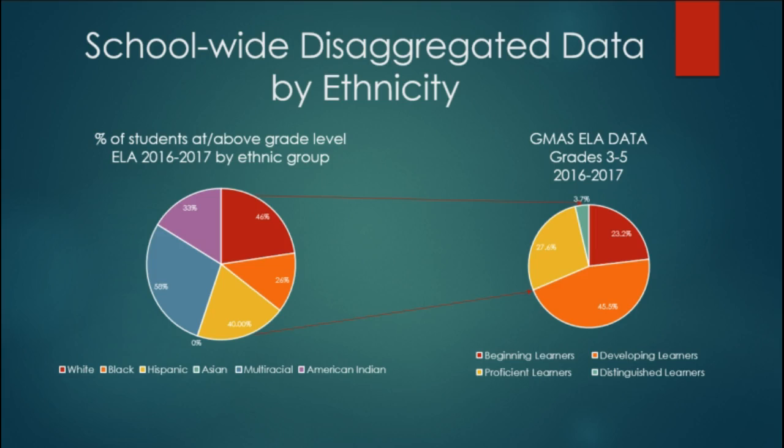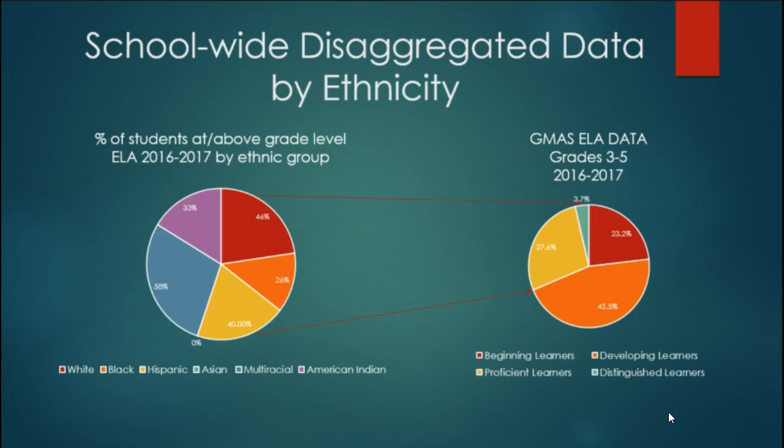If we look to the chart on the right, we can see that only the yellow and the green are areas performing at or above grade level, which is about 30% of our students. With that information given, we can see that the highest percent of students performing at or above grade level for ELA is within the multiracial ethnic group with 58%, and the next highest group falls in the Hispanic ethnic group